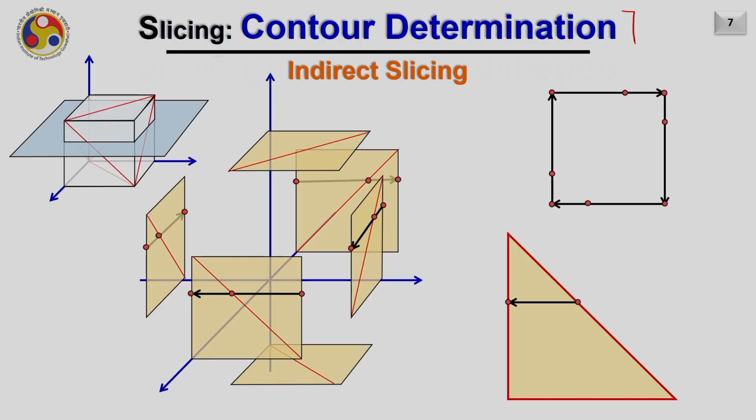So, our objective will be to determine the contours through the slicing, and we are going to study in detail the indirect slicing method which utilizes the STL files. What you are seeing here is an example of a cube. It is represented by the STL file, and hence the triangles are also visible here. For example, I am going to slice this cube at a particular height, maybe at Zi. So, at Zi I have created a plane. Now, my objective is to obtain the intersection between this plane and this STL file.